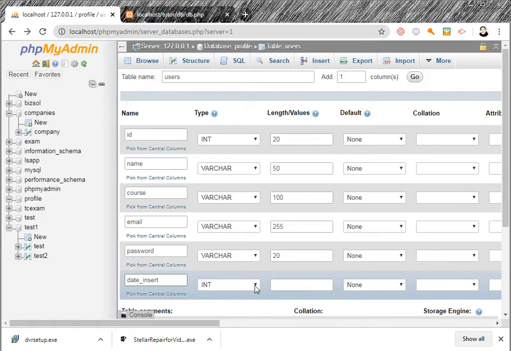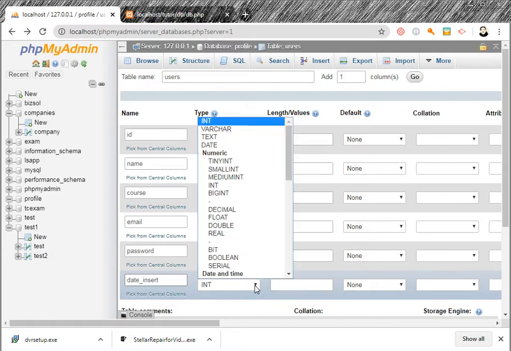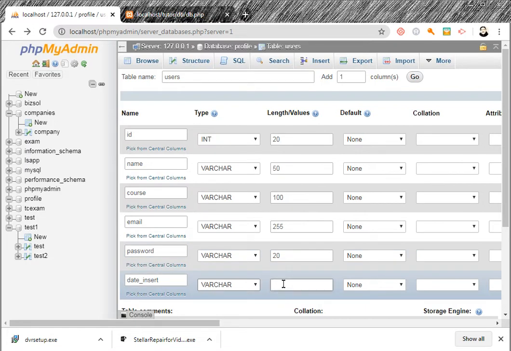This is used for reporting purposes, for when the user has applied, etc. And there may be other fields. This should be date, but we will store varchar, 100 characters maximum.